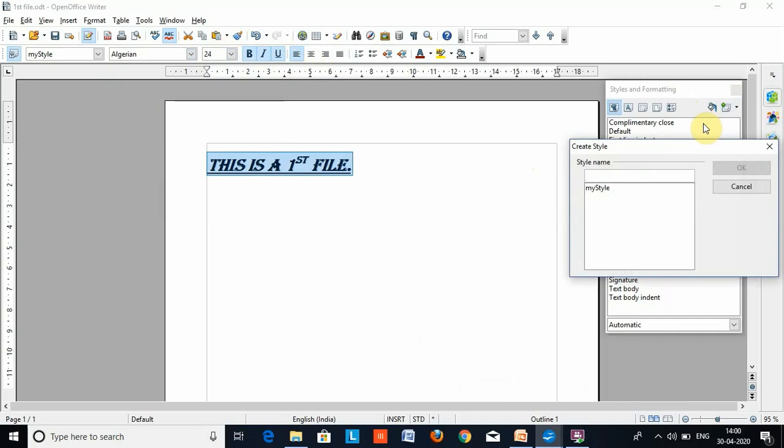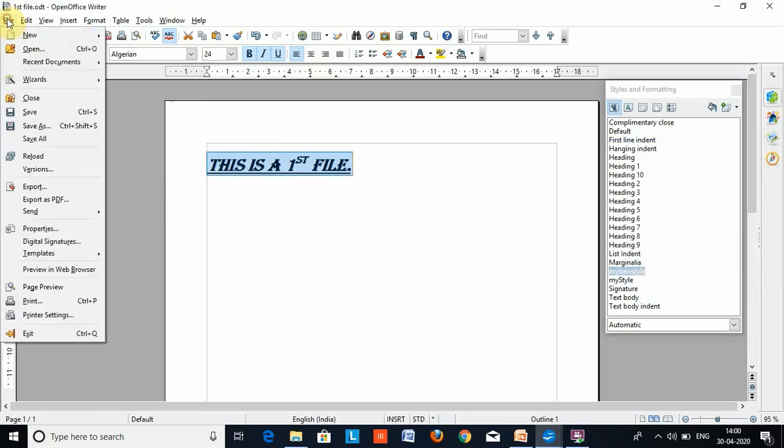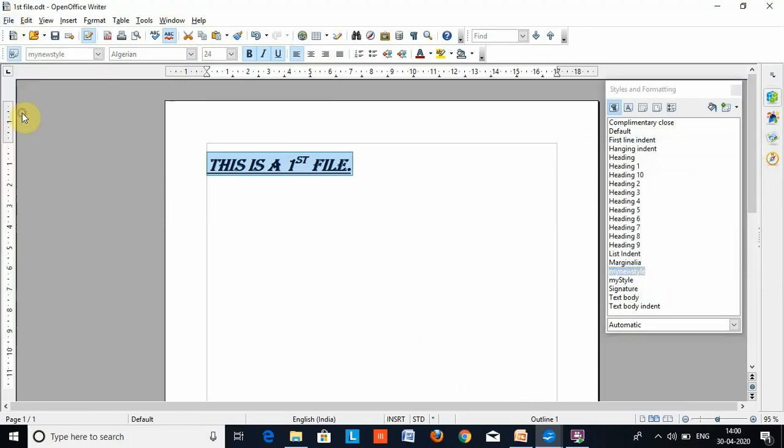This is a create a style window, and type here a new style name. And then click OK, and new style is created. Then save this file with name first file, then close this document, open a second one document.